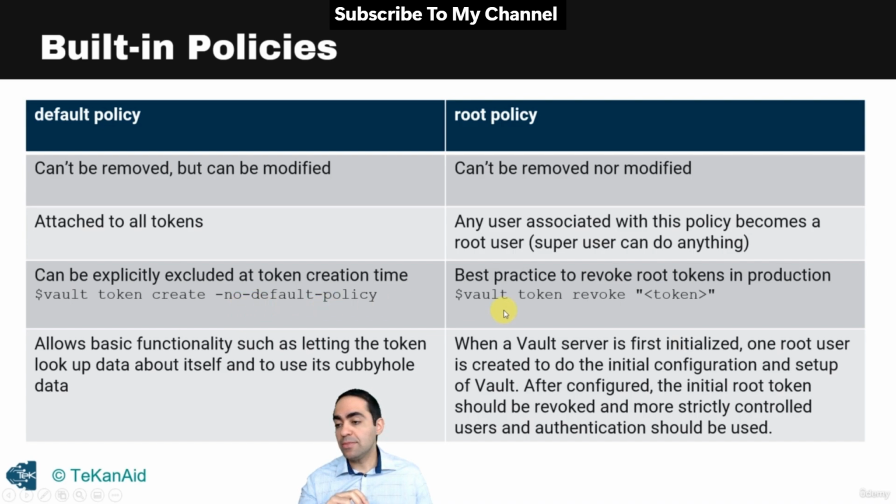On the root policy side of things, a best practice, I've mentioned this in a number of lectures and labs, is to revoke the root token in production. Vault token revoke, and then you put in the token. And on the default policy side, it allows basic functionalities such as letting the token look up data about itself and to use its cubbyhole data. And that's it. Whereas on the root policy side of things, when the Vault server is first initialized,